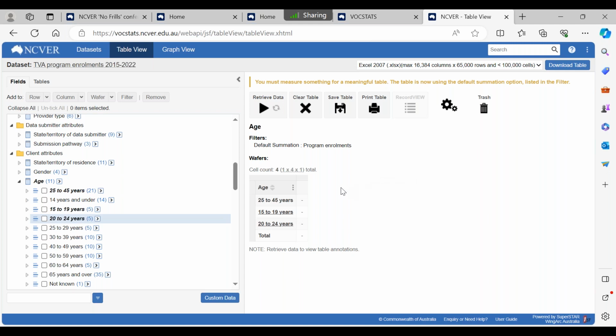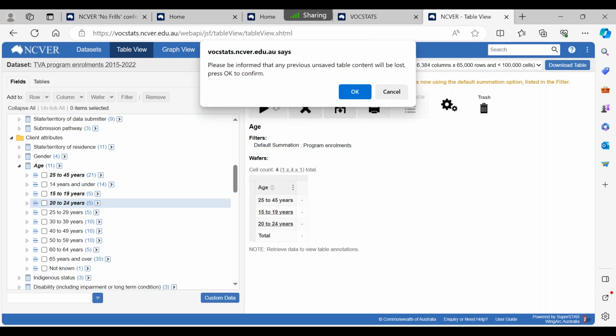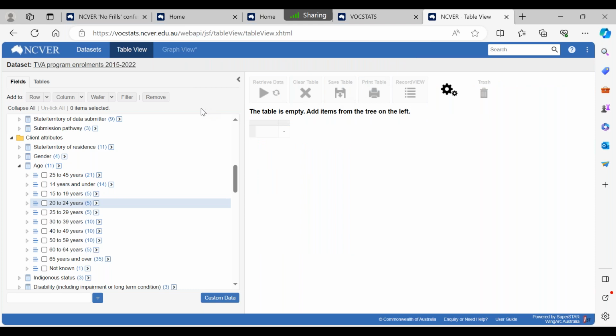It's a very useful function. There are some slight differences. For example, there's a drill down option for regular fields, where if I was to click on 15 to 19, it would open that up. That's not available for custom data, so I don't have that option there. But yes, it does operate like all the other regular fields apart from that. So I'll clear the table and now demonstrate how to build tables and view some charts using some of the